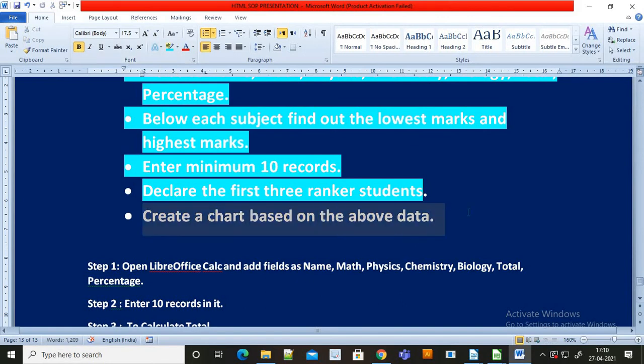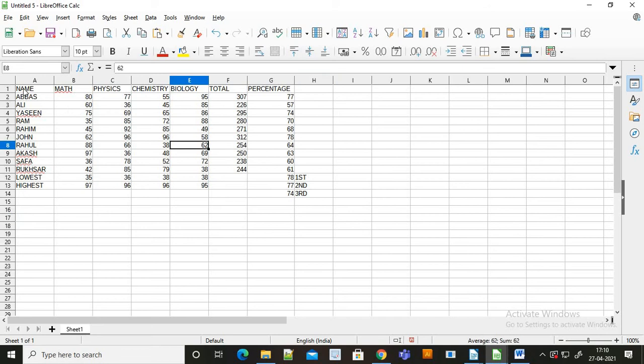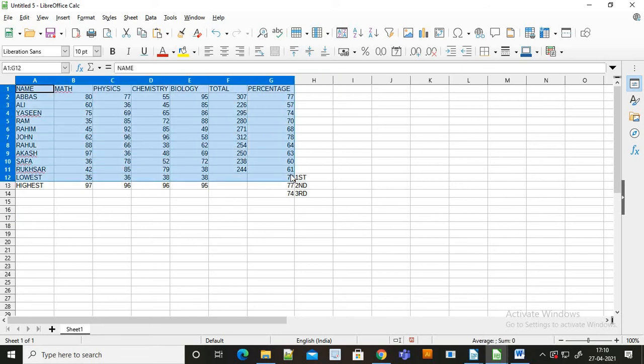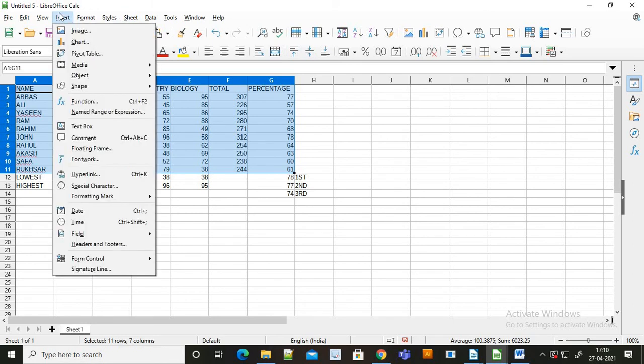Now create a chart based on the above data. Now how to create a chart? To create a chart, first we need to select the table, then click on the Insert menu, go into the Chart option.